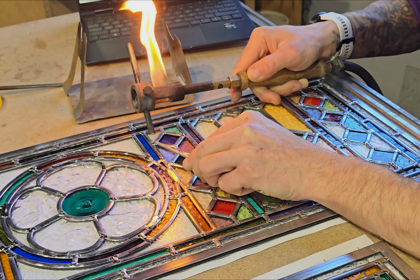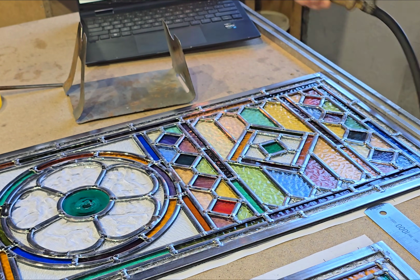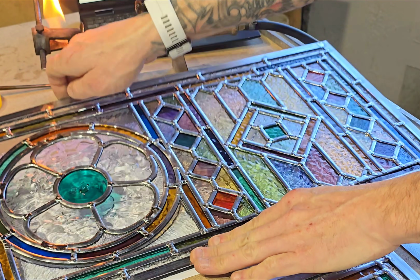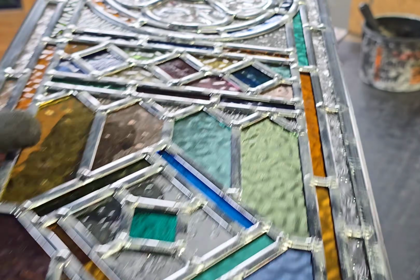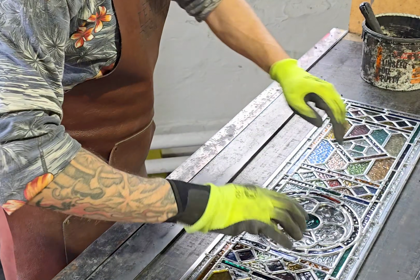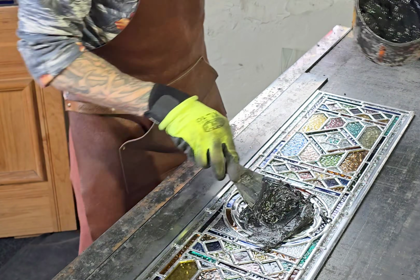So there we go. Now all of those joints have been soldered, on both sides of the window, and all three windows have now been made, so it's time for the cementing process. So I move over to the dirty area, and I give the windows a little bit of a wibble wobble